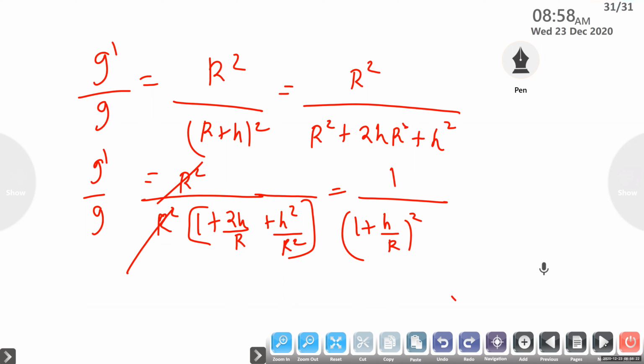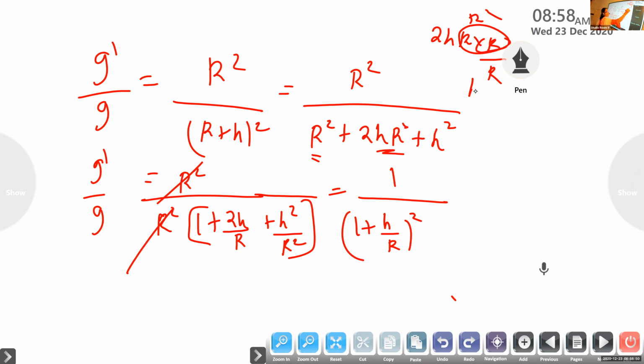When we take r square outside, here there is r square, but here you don't have r square. So usually, in order to make it r square, we will divide and multiply with r. So this numerator r is going to be r square. Then what is remaining? If you consider, you are now getting only h by r.